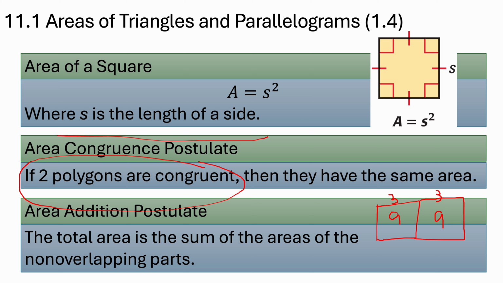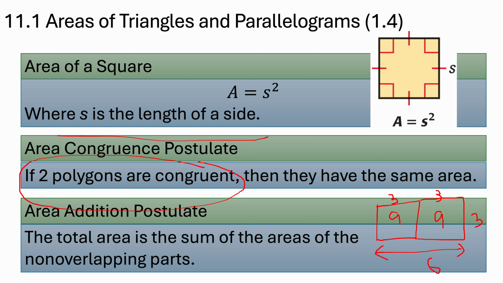Now, instead of considering it as parts, if you consider it as one whole, then it will be a rectangle with the length of 6 and the breadth 3. If you consider the whole as a rectangle, then the area will be 9 into 3, 27. Sorry, 6 into 3, 18, because 3 plus 3 from here to here will be 6, and 6 into 3 is 18.